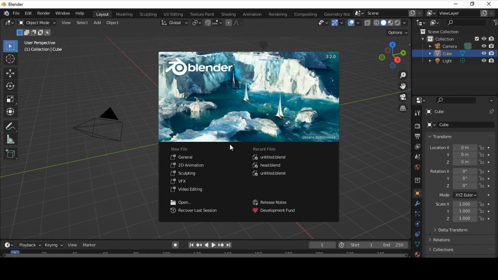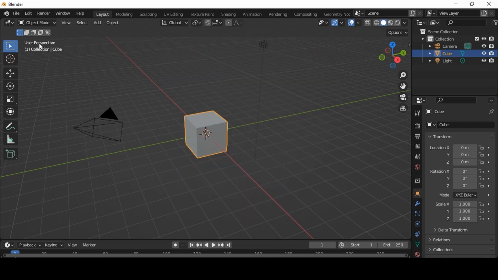All right, so now that we have Blender installed, what I'll tell you is that you need to create a general file. That's what I've been using the entire time I've been using this app. There are all these other options, but this is the one I'd recommend to you. So you just click on it, and then immediately you're brought into this perspective,